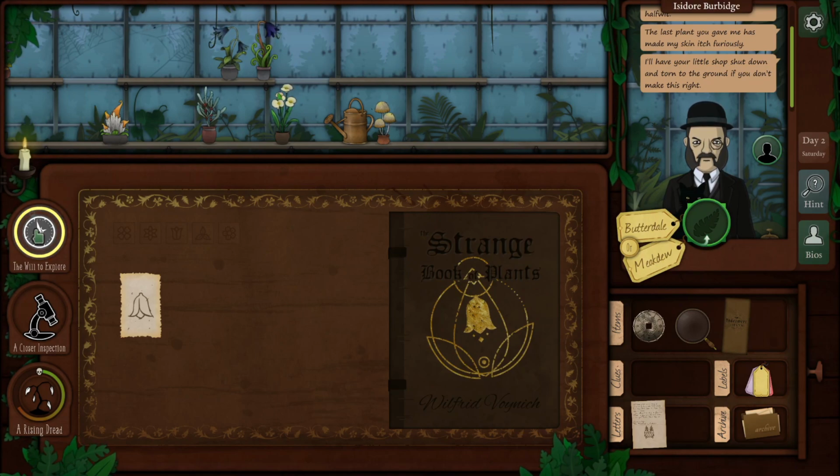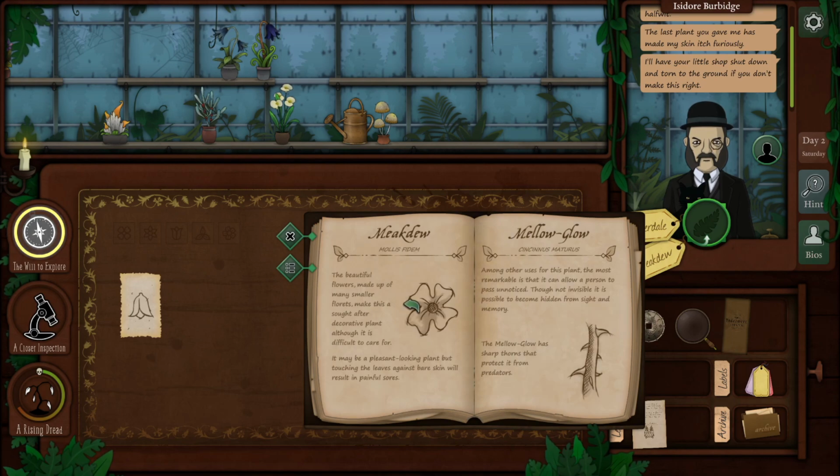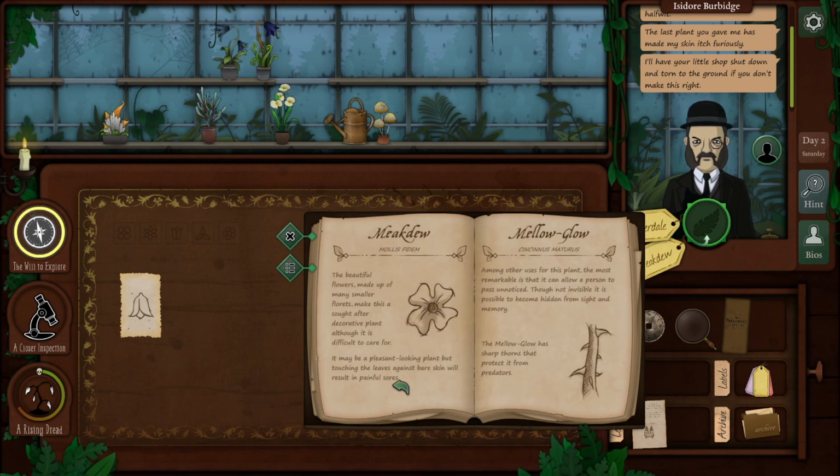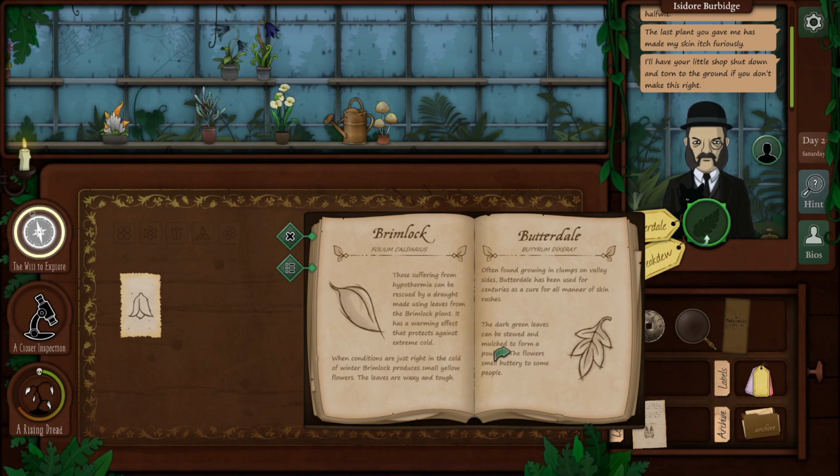Butterdale or Meekdew. I bet you if we read the book, both of those will have something about whether it makes their skin... May be pleasant looking, but touching the leaves against bare skin will result in painful sores. Okay, so not Meekdew. Been used for centuries as a cure for all manner of skin rashes. So we're looking for dark green leaves, kind of like...